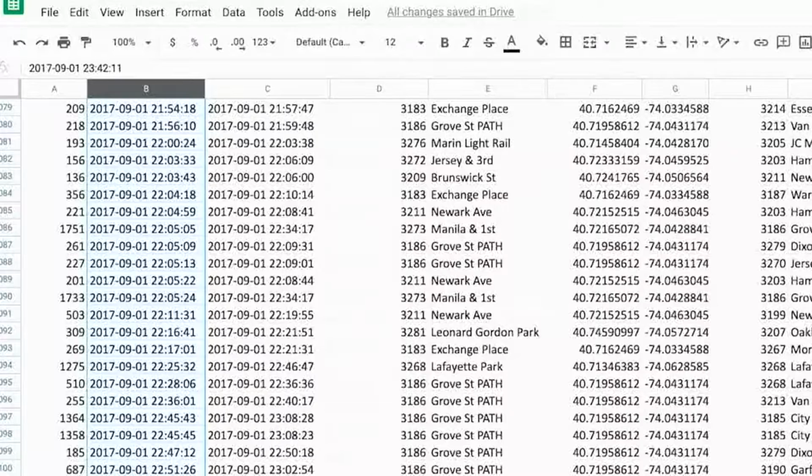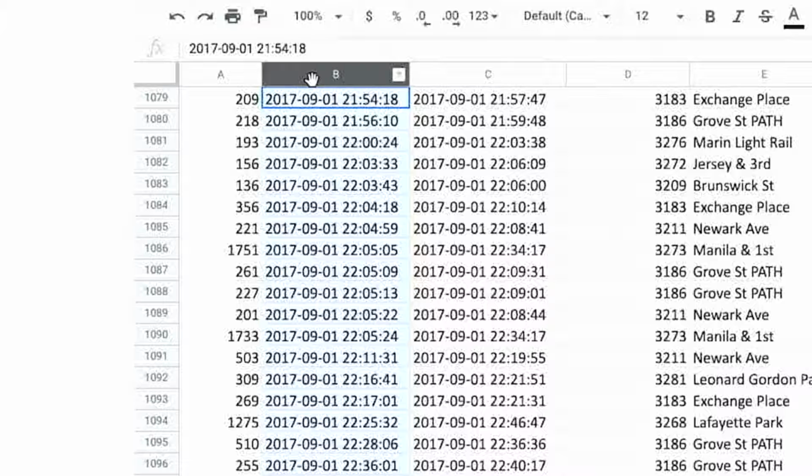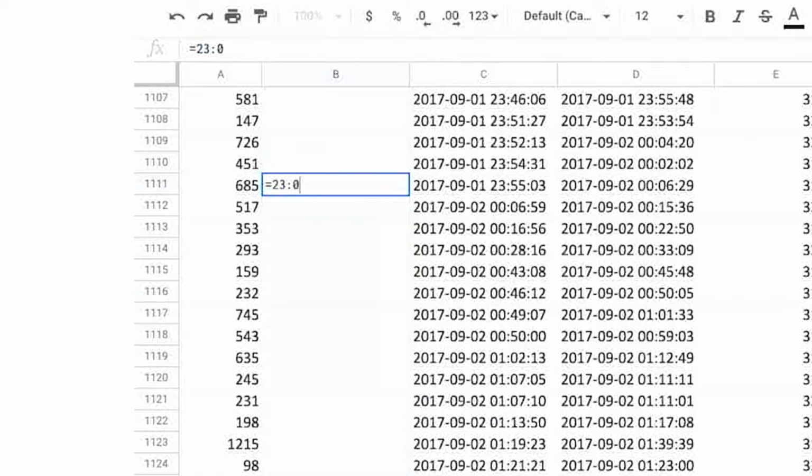For example, let's say you're working with the bike trip time data from the previous videos. Maybe you're trying to find the average time between bike rides in a given month. Calculating the difference between bike rides before midnight is easy, but you can run into a problem if the elapsed time crosses into the next day. If someone went on a bike ride at 11 p.m., but the next ride wasn't until 6 a.m., your formula will return a negative number because the end time is less than the start time.